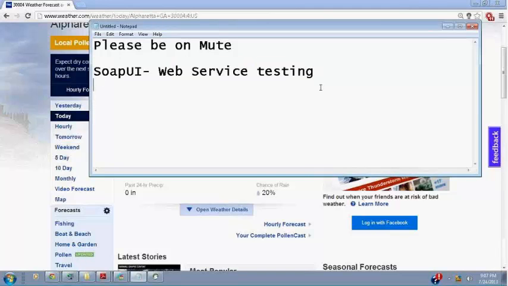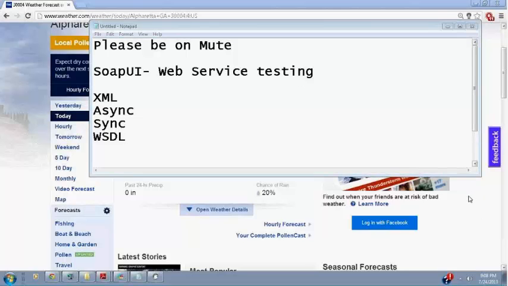Okay. So what we learned yesterday is what synchronous and asynchronous communication are, what XML is, what the use of it is, and some important interview questions asked between these three technologies. We also learned that WSDL is Web Services Description Language. It's an advertisement of a web service. So whenever we have a web service published, we advertise that web service with the help of WSDL.